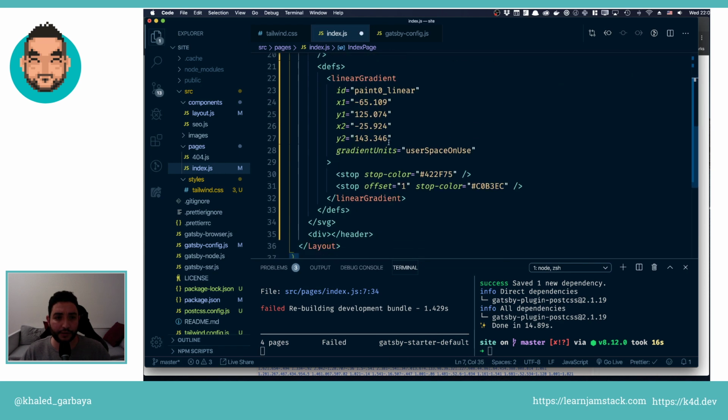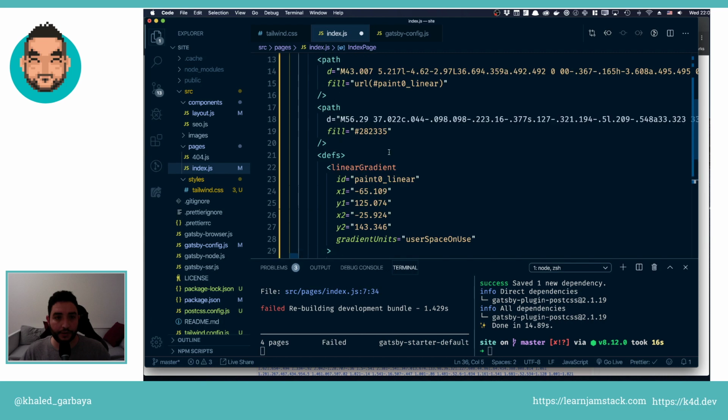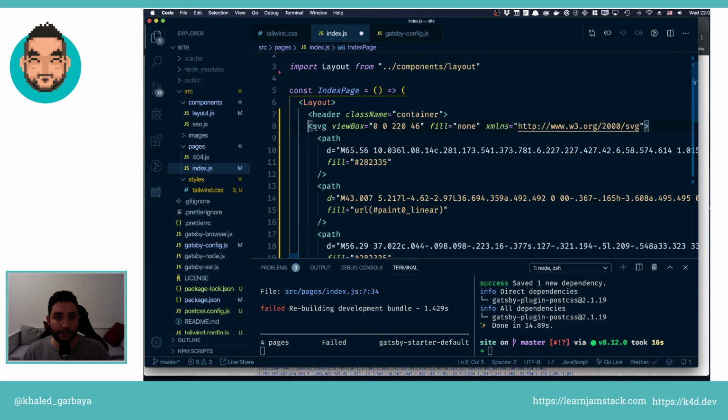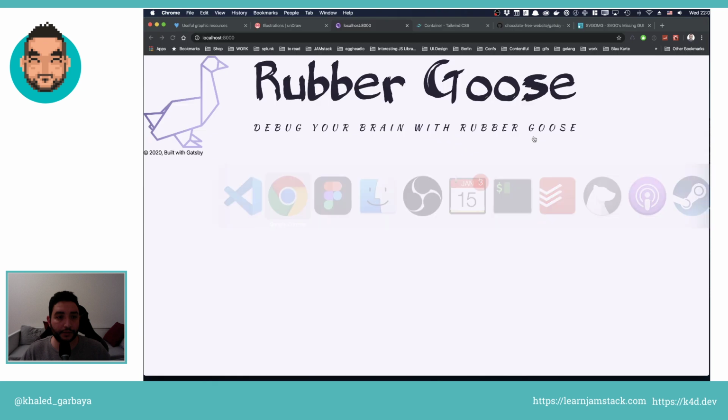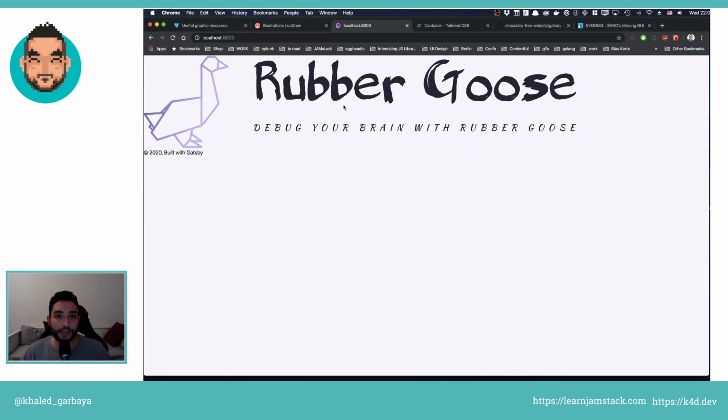We need to close this div. And then there's no opening div, so here we need an opening div. Okay, this looks better. You can see the logo is so big,